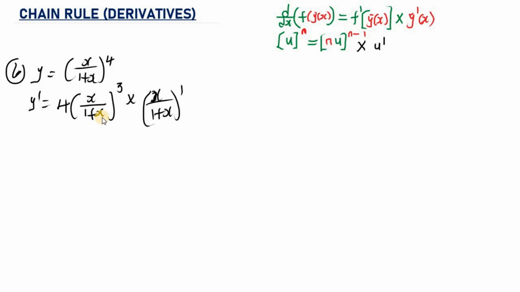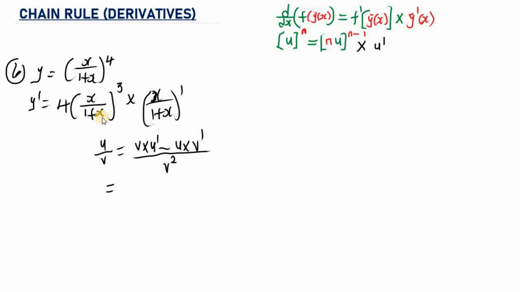Now this is where we are now going to use the quotient rule. As you can see, we are having the quotient of two functions. So we are going to use quotient rule to find the derivative. And you all know the quotient rule. If we have the quotient of two functions, u over v, the derivative using the quotient rule is going to be v, which is the bottom function, multiplied by the derivative of the top function, which is u prime, then minus u, which is the top function, then multiplied by the derivative of the bottom function, then divided by the bottom function squared.